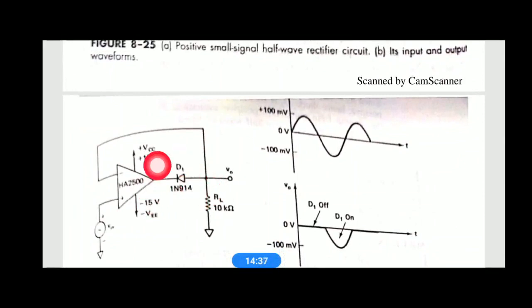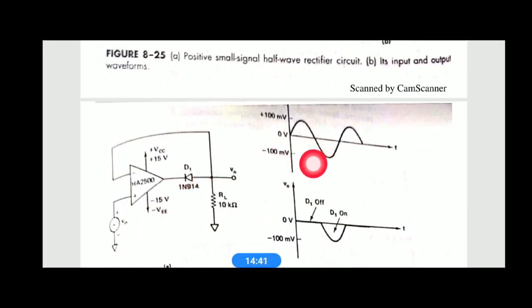So if you connect the diode in the reverse direction, right, we will get a reverse waveform here. During the positive half cycle, we know that this will be positive, hence the cathode is positive, anode is negative. The cathode will be at high voltage here, right. So the diode here is reverse bias for a positive half cycle, hence it is open circuited, and you will not get any output for the positive half cycle.